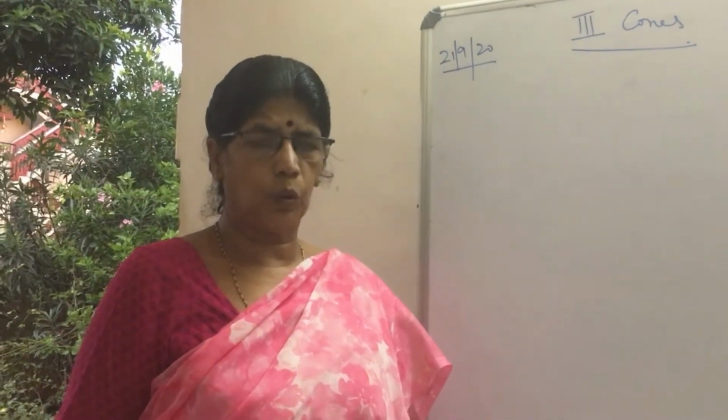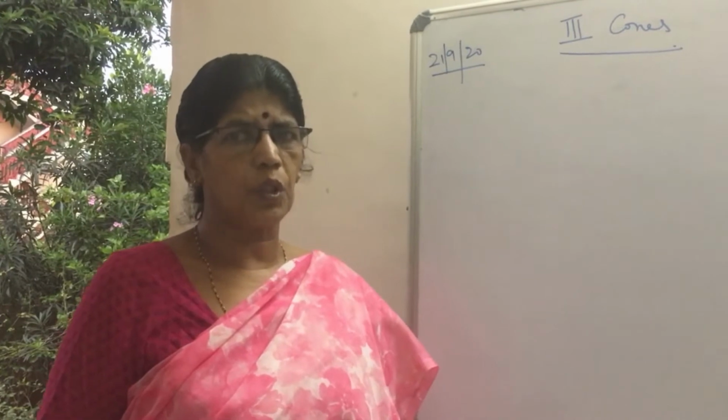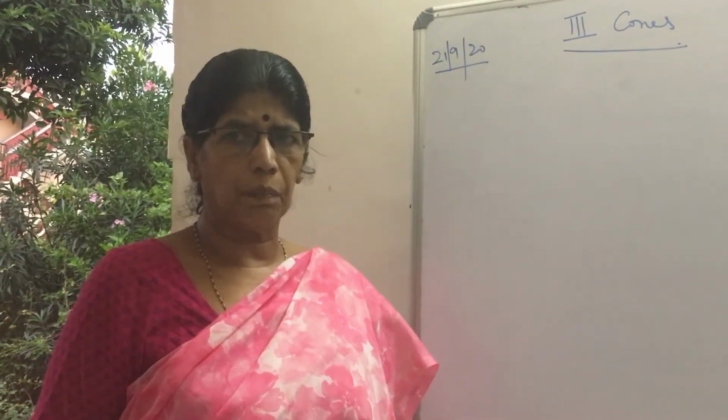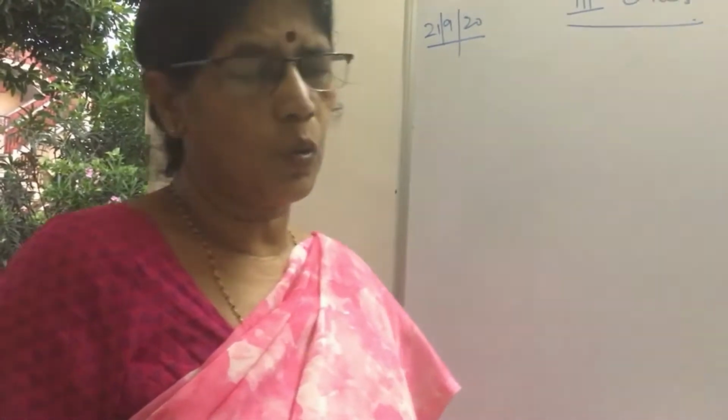What is a cone? A cone is a solid with one circular base and whose tip is a vertex. Examples: joker's cap, ice cream cone, and the circus tent. Hope you have all learned the formulas for cones, children.